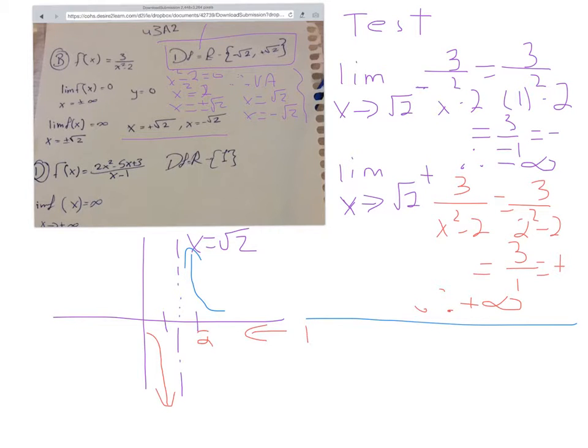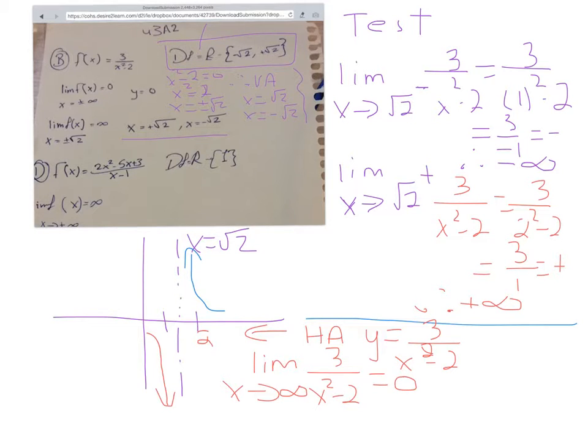horizontal asymptote was. For the horizontal asymptote, if we're looking at a function 3 over x squared minus 2, because the degree of the numerator is smaller than the degree of the denominator, we will have a horizontal asymptote. As we take the limit of this function as x approaches infinity, it's going to make the bottom, or the denominator, very, very large, and the top is only 3. So 3 divided by infinity is approaching 0. So that tells us that we have a horizontal asymptote